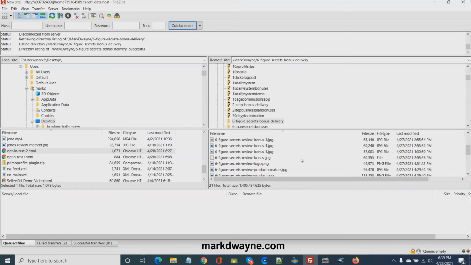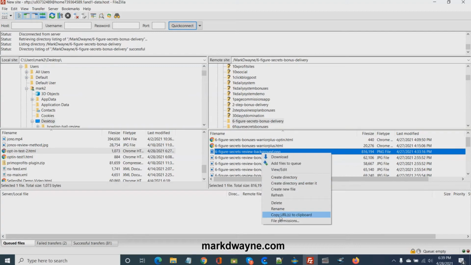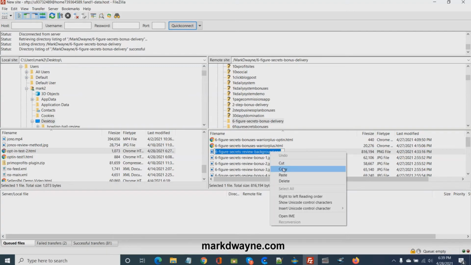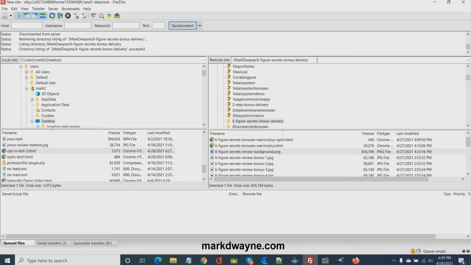Okay, now there should be the background image here somewhere. I just want to find an image. Here it is. So right click, rename, copy, and then you're going to have to go up here and push slash because it's in a different folder. And then we'll grab this, copy it,